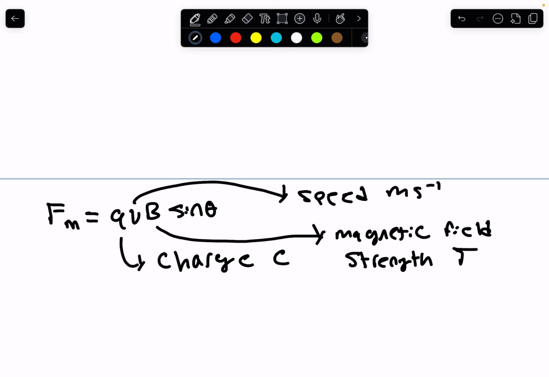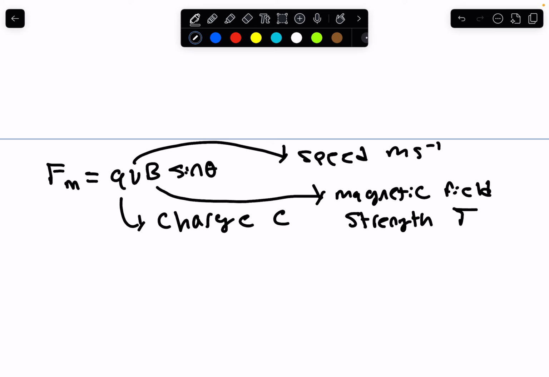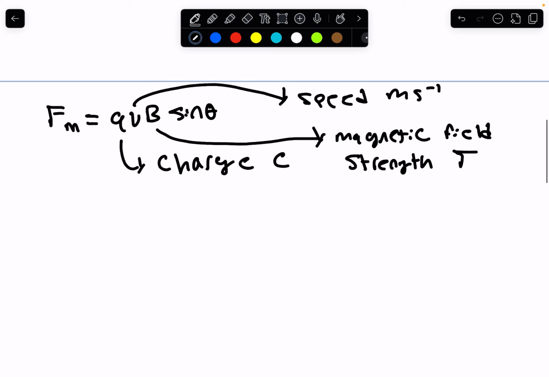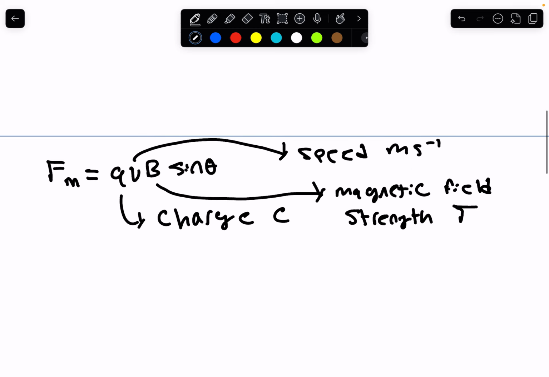If it's parallel, the angle would be 90, so magnetic field strength would be maximum. Or sorry, if it's perpendicular, magnetic force would be maximum. If it is parallel, it would be 0. So this law shows how a particle of charge q and velocity v has a magnetic force Fm applied on